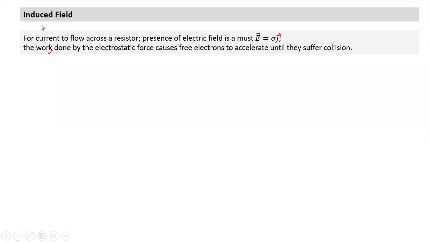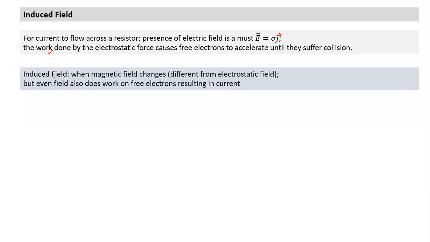That's the difference here in induced field. That's what we are trying to understand. In the electrostatic case, the field is based on Coulomb's law. Induced field is a little different, and that's what we have to understand. Induced field is another kind of field. It's an electric field, but not electrostatic in nature. It's called induced field. This one is caused by a point charge arrangement, and this is caused by magnetic field changes.